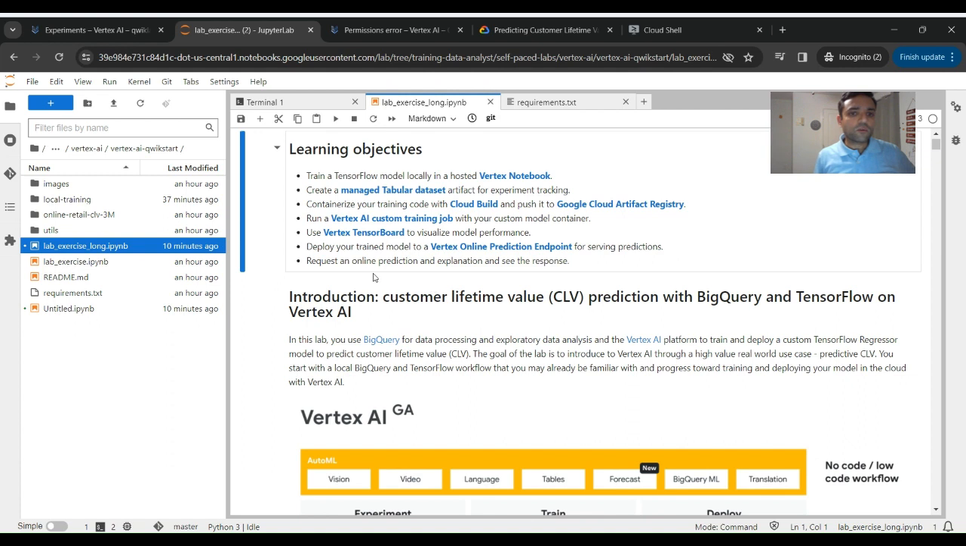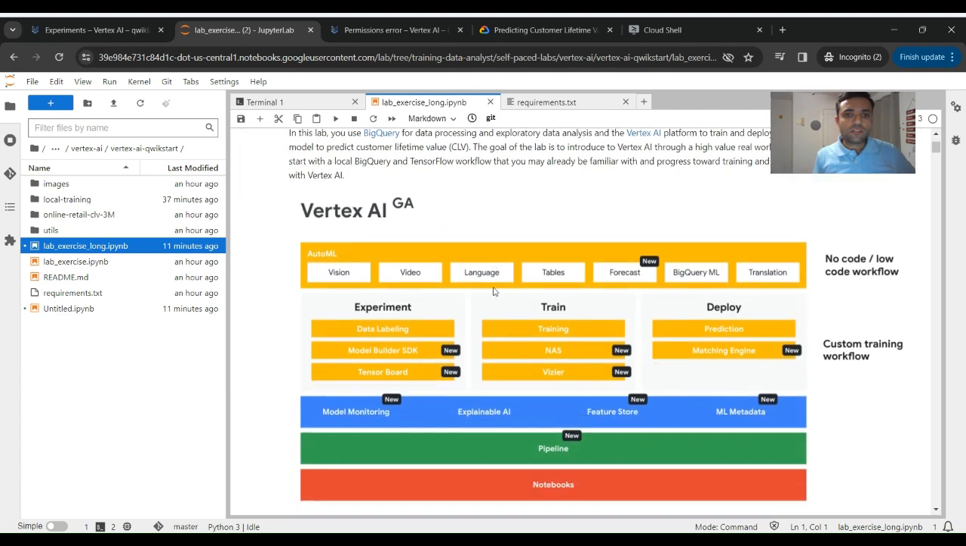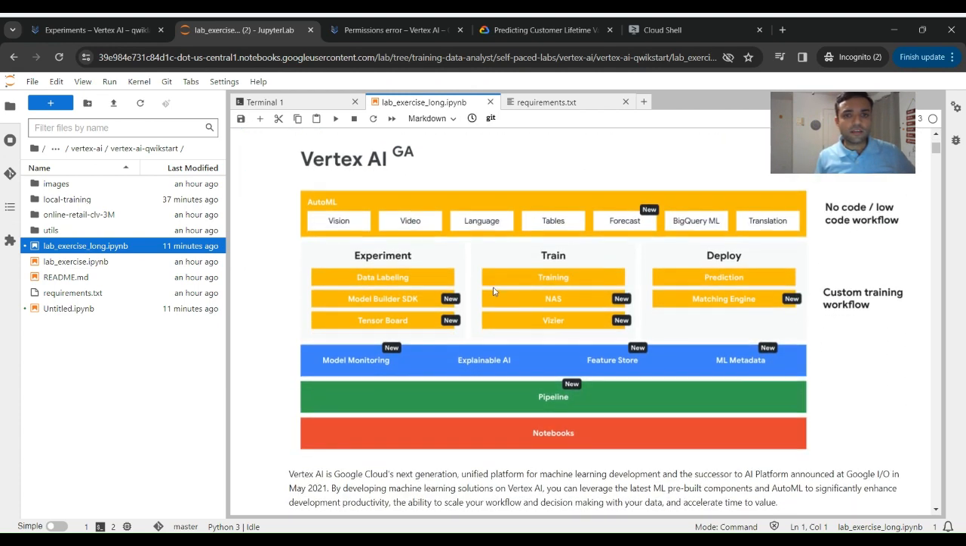And the last thing is request an online prediction and explanation and see the responses. Okay. So this is a high level Vertex AI, which is generally available architecture. If you see on the top, it is AutoML, which is a no code, low code workflow. So you can use vision, video, language, tables, forecast, BigQuery ML, translation, all those kind of openly available APIs